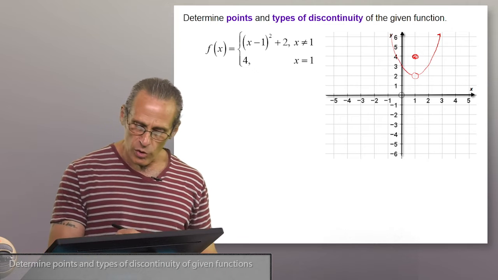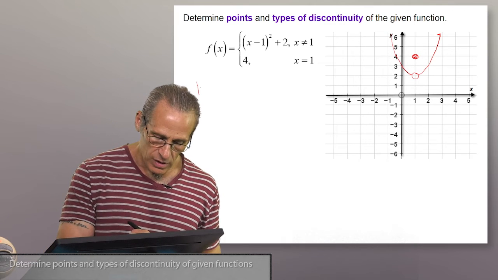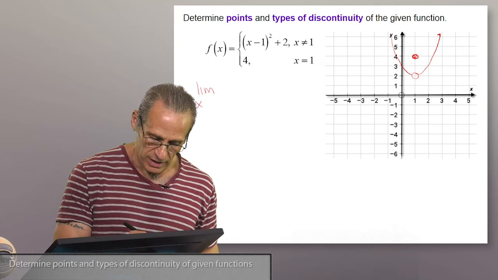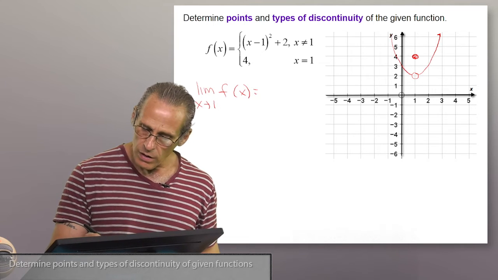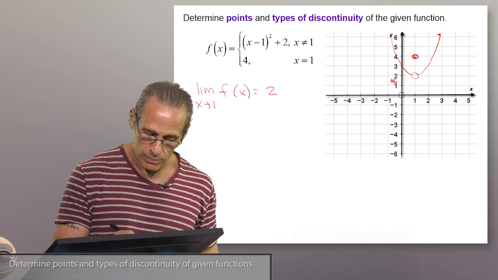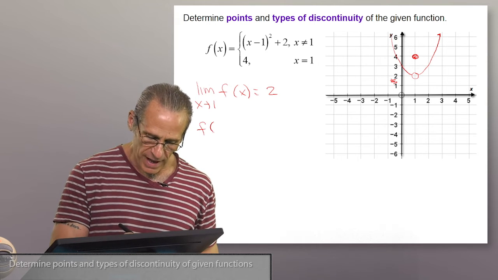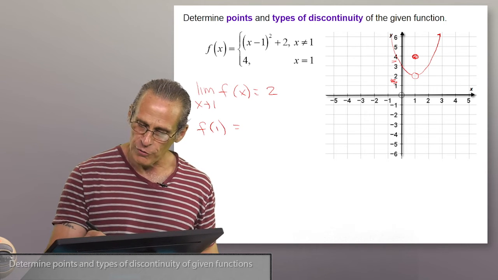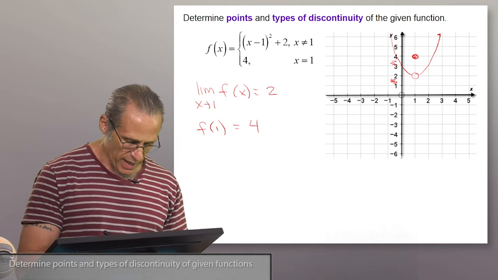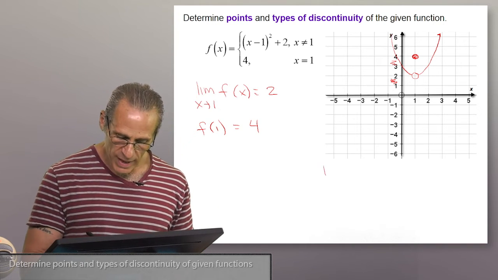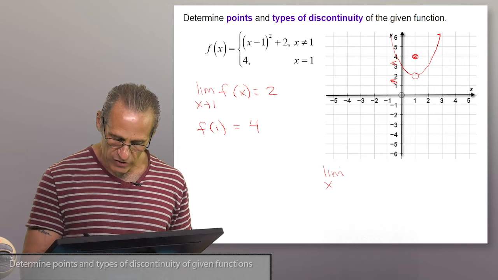These types of discontinuities look something like this. If I take a look at the two-sided limit as I approach 1 of this function, that would be 2. But the function value at 1 is different. That would be 4. So whenever we have a case where we have our two-sided limit as x approaches a